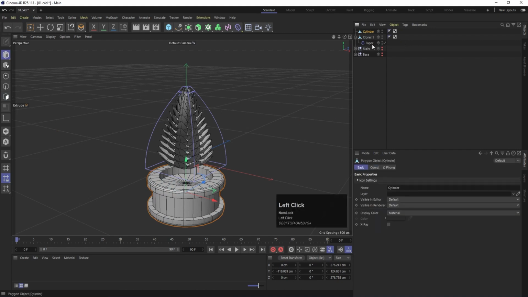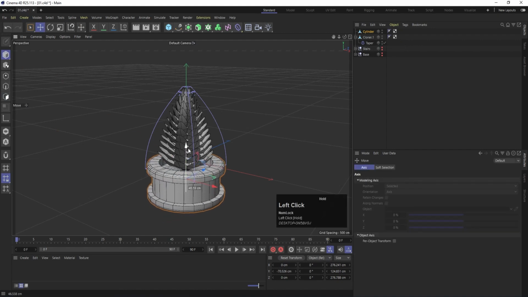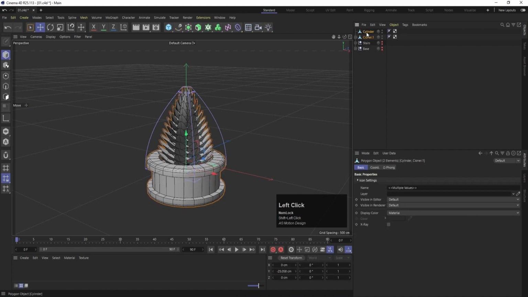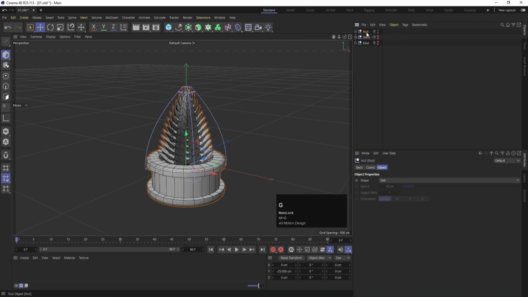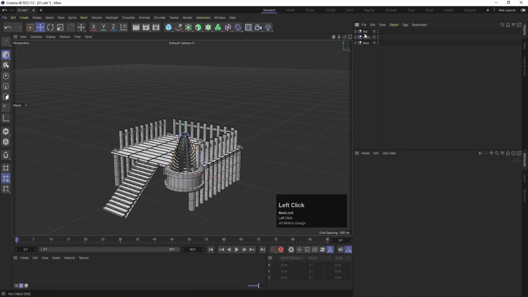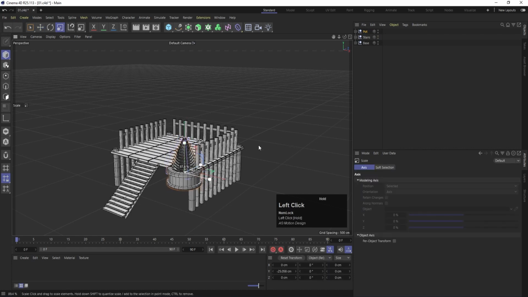Then select this cylinder, press E, and let's move this somewhere around over here. Okay, now I'm going to select this and press Alt G to move all of them into one, and let's call it pot, and simply put it like this. Then Alt click on this tab to reveal, then select this pot, press T for scaling option and scale